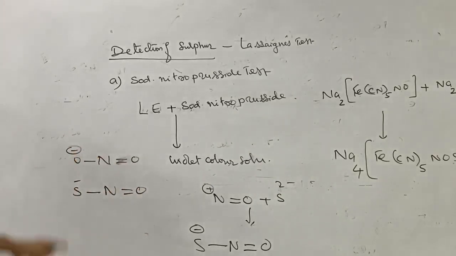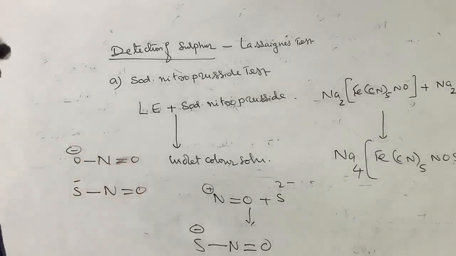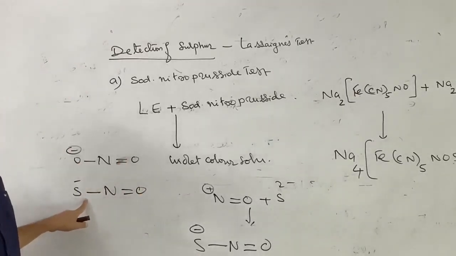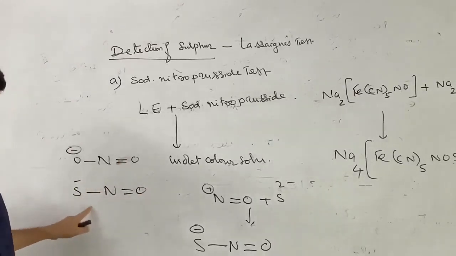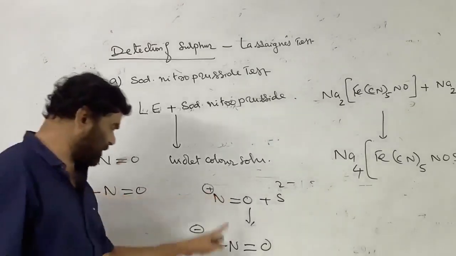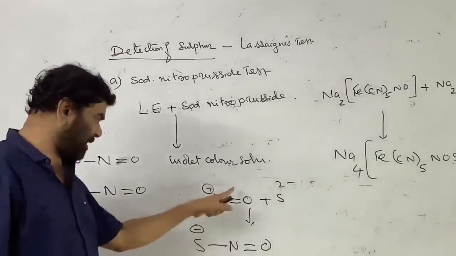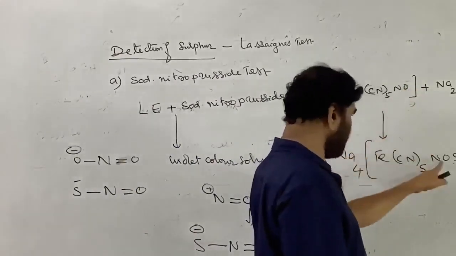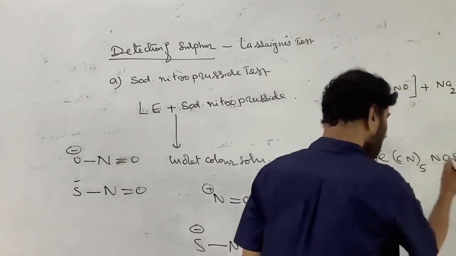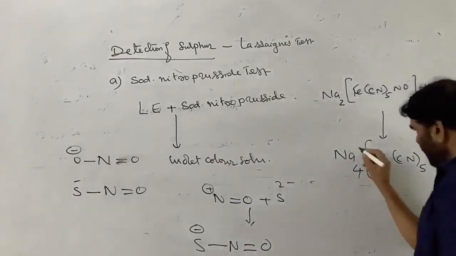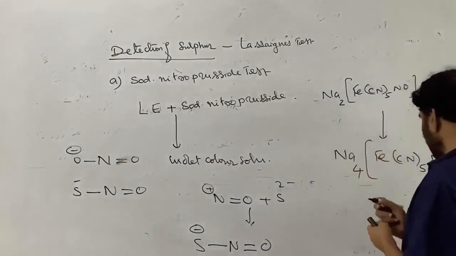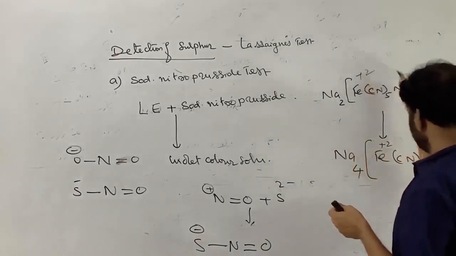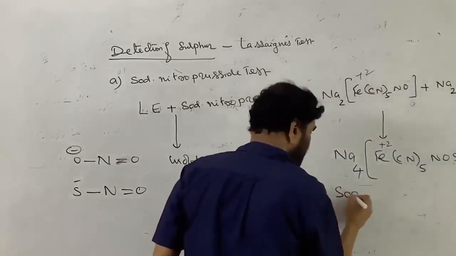Like sulfate and thiosulfate, one of the oxygens is replaced with sulfur. This is called nitrito, and this is called thionitrite, a negatively charged ligand. The positively charged ligand is converted into a negatively charged ligand. This is the process taking place. So NO plus sulfide ion gives NOS minus. So 6 are negatively charged ligands, and 4 are positively charged counter ions outside the coordination sphere. Therefore, this should be plus 2. Now it is sodium, right?